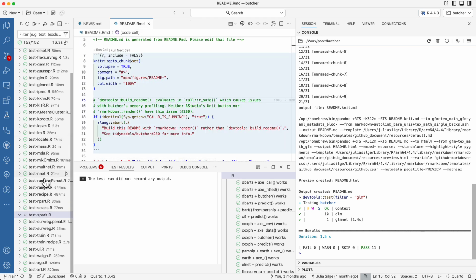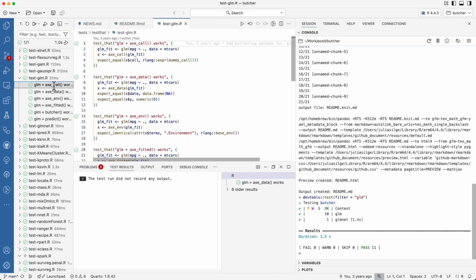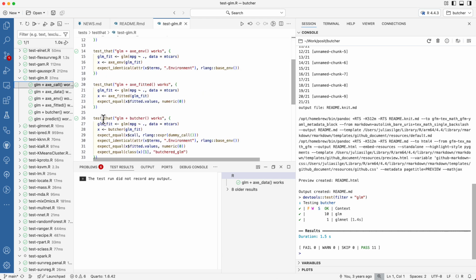So a little embarrassing to show you that, but it's good for me to be able to see this in this UI, so that I can understand what's going on. Let's look at the tests for GLM. I can see all the individual tests, and I can run them individually, like it's going to run just that test. I also can look at the test. So if I double click on one of these, it shows me the tests